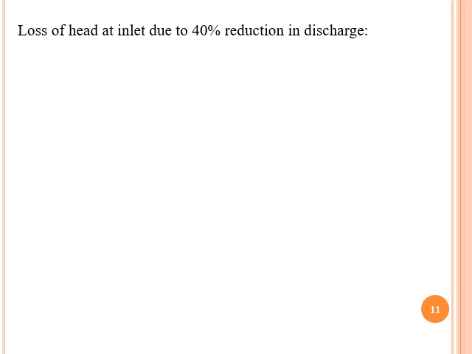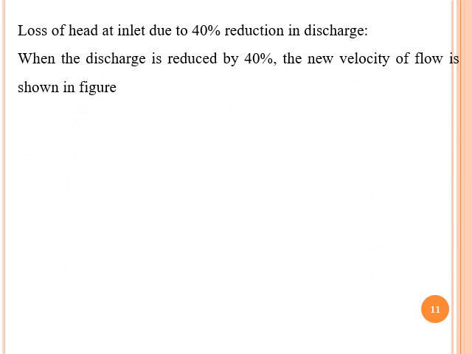So in turn, the discharge is directly proportional to the velocity of the flow. In case the discharge is reduced from the first case to the second one, automatically it indicates there is a drop in the velocity of the flow also. That is, the velocity of flow at inlet, Vf1, will reduce. So with respect to that, when the discharge is reduced by 40%, the new velocity of the flow